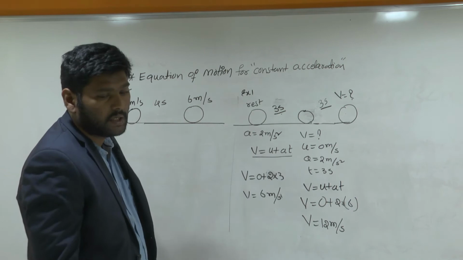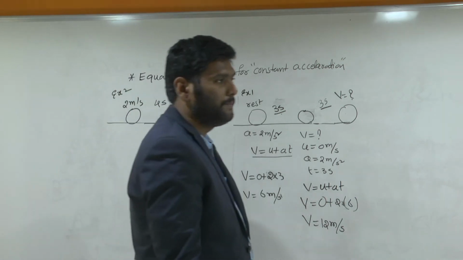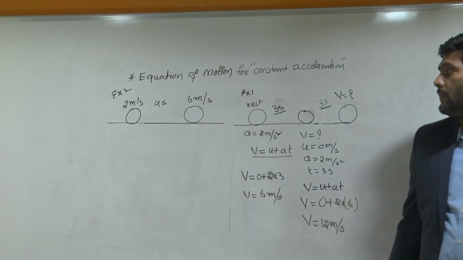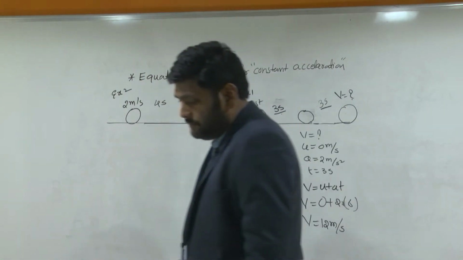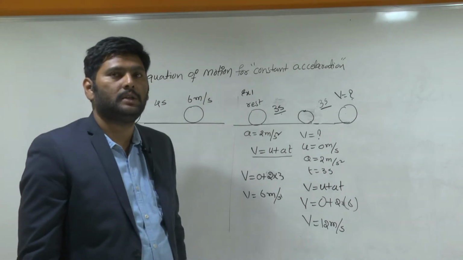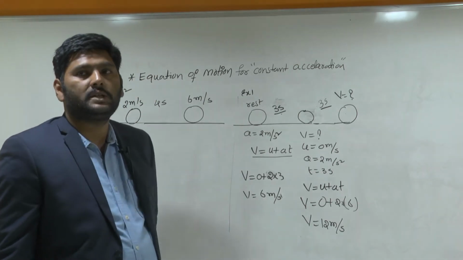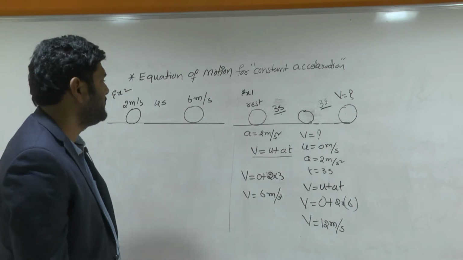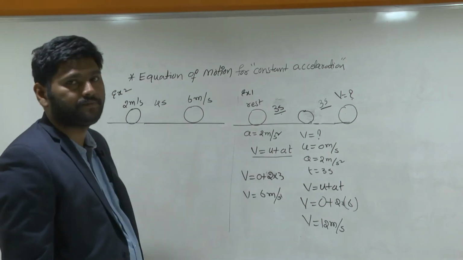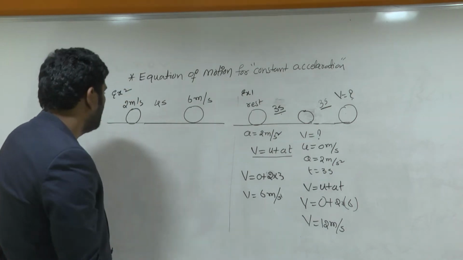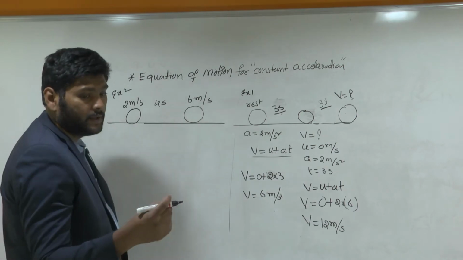Now in this case, what is the acceleration of the body? In this case, what is the acceleration of the object or body? Yes, to solve this, again I'll give the hint. The hint is the first equation of motion. By using the first equation, how much? 1 meter per second square.